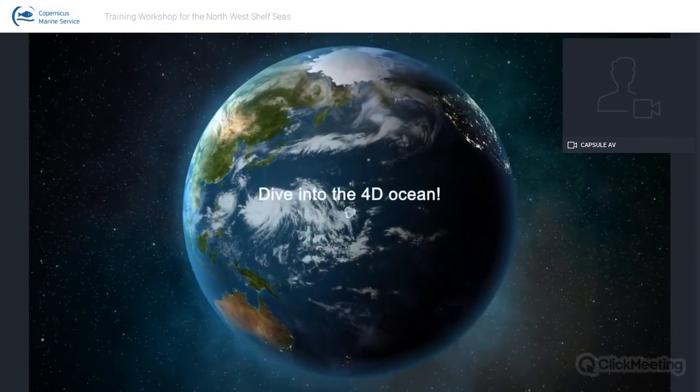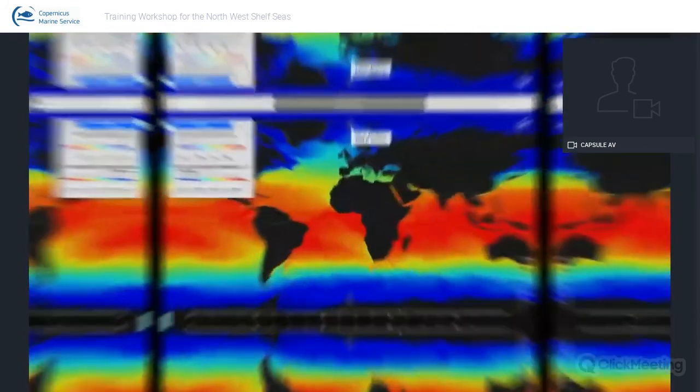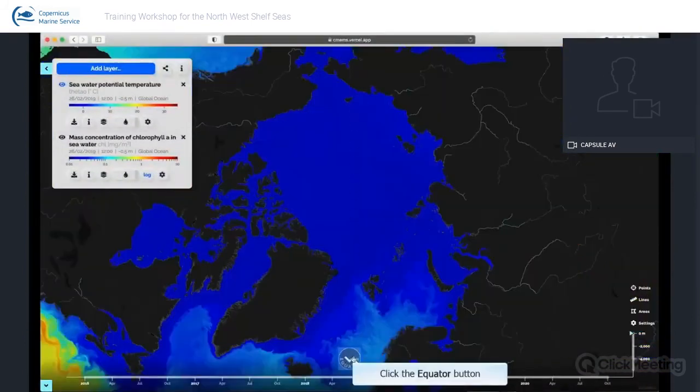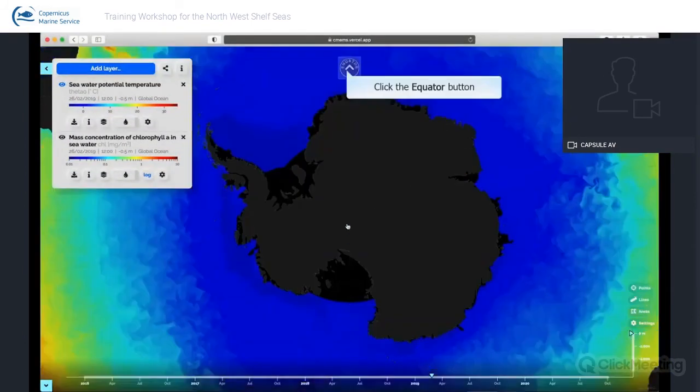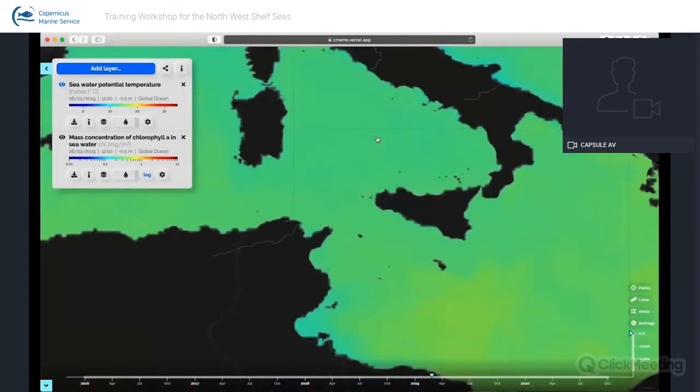Part 3. Dive into the 4D ocean. To view the North and South poles, use the two arrows at the top and bottom of the screen. You can zoom in a particular region using your